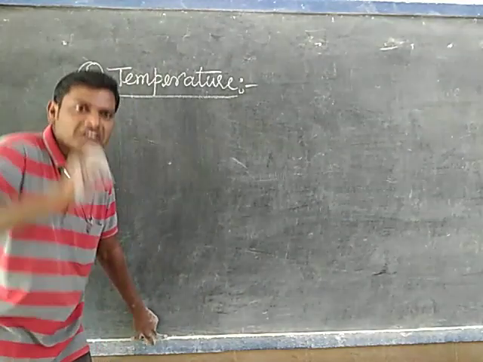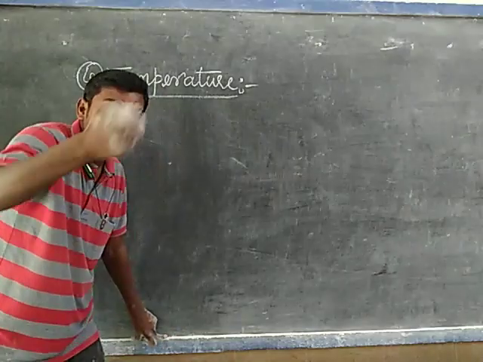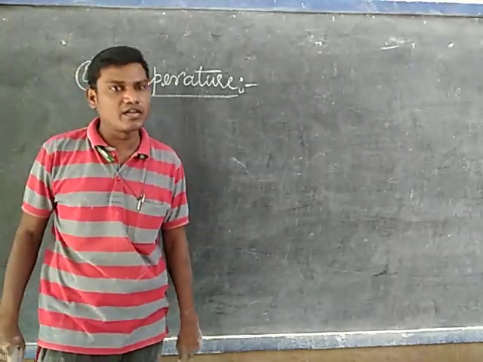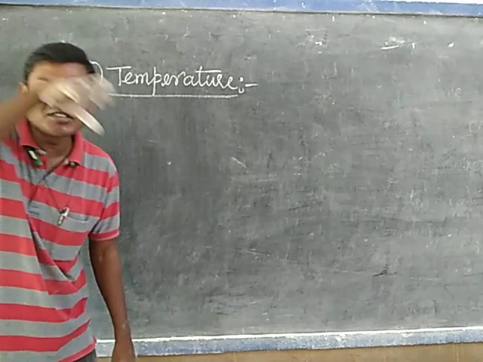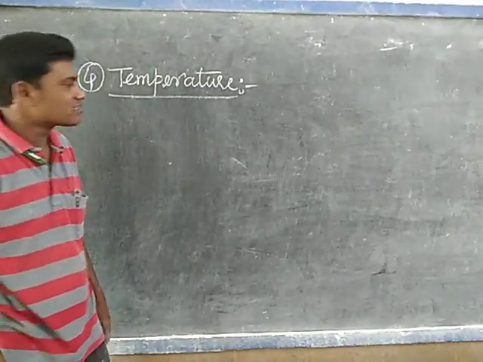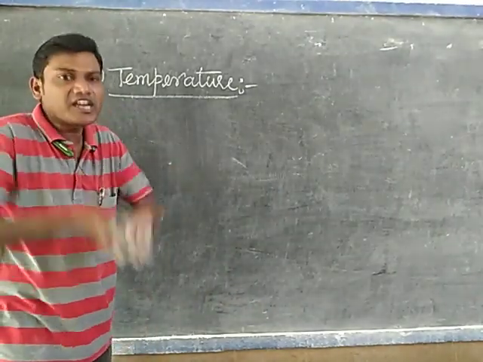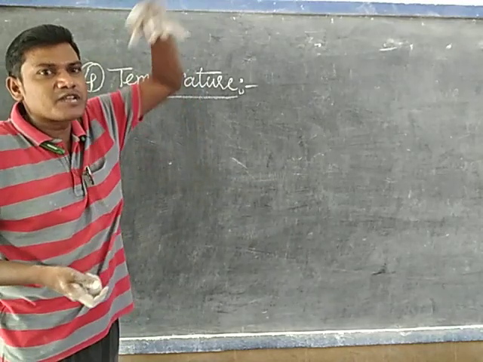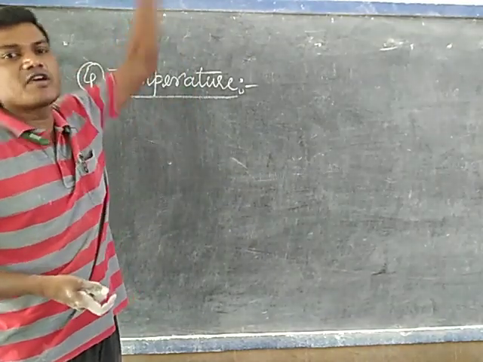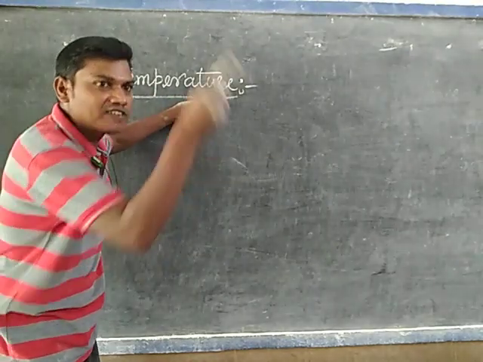That's why, the more heat energy is lost, the more of that heat energy will be absorbed by the surface molecules of the liquid in a beaker or whatever cup we are taking. If they absorb more heat energy, what will happen? They can quickly overcome the atmospheric pressure and convert into the vapor state. That's why when temperature increases, evaporation also increases.